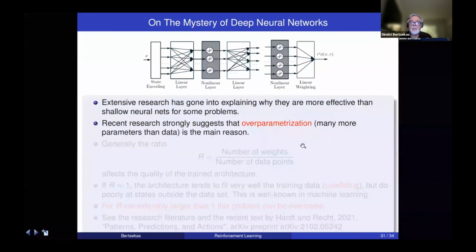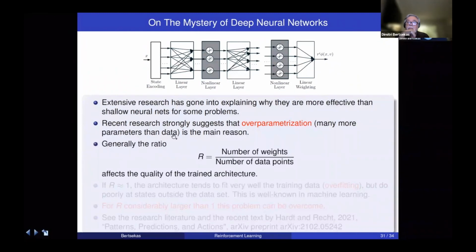Even though there has been a lot of speculation, I mentioned the reasons why people thought that deep neural networks work better, like richer features, hierarchy of features, and so on. People have now focused on over-parameterization. The capability that these networks have many parameters, many more parameters than data, okay? More parameters than you really need to capture the data. And it is generally thought that the ratio of number of weights to number of data points affects the quality